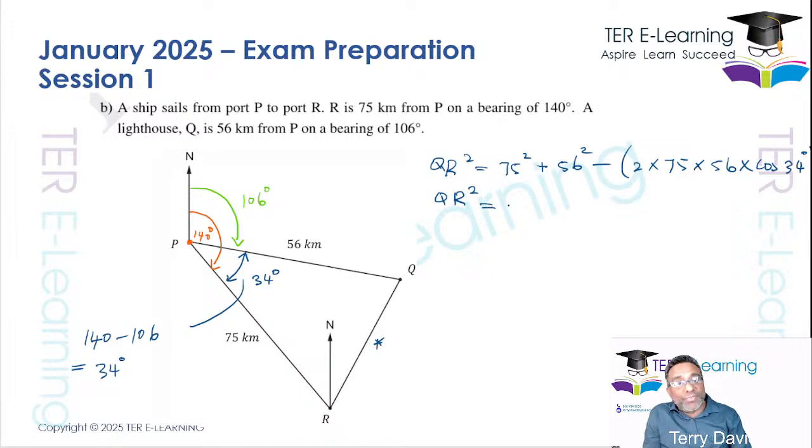So 75 squared is 5625, plus 56 squared, that's 3136, minus, and we're working out that whole piece there. So that's 2 by 75 by 56 by cosine 34, and we get 6964. You could afford to round off here in the earlies. So QR squared is equal to 5625 plus 3136 minus 6964, and you get